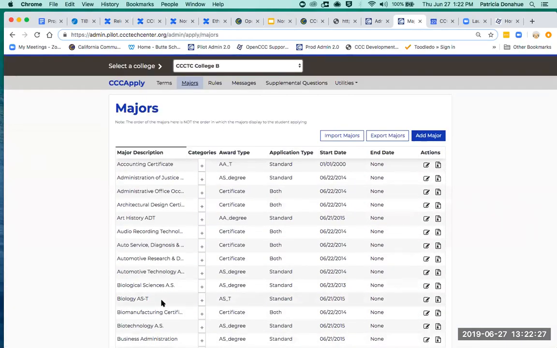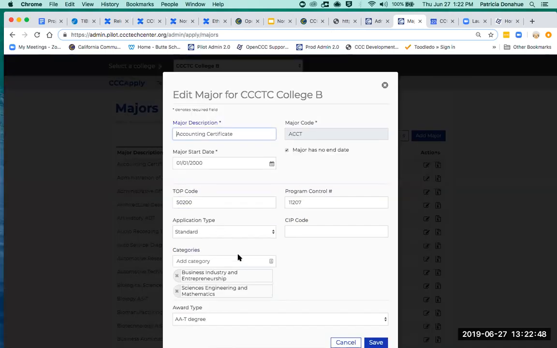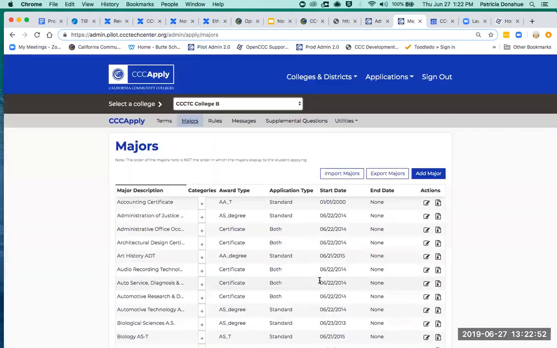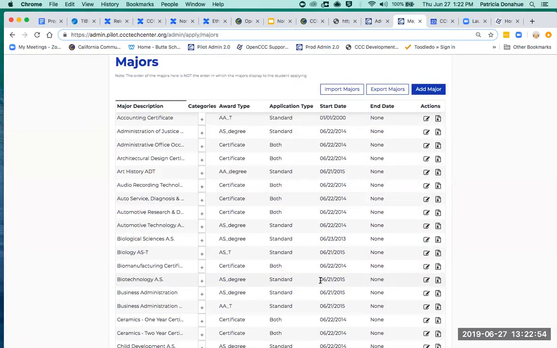like right now, if you went into the administrator and you click on majors, you're going to see all of your standard application majors. Are those the ones you want to display in your non-credit dropdown? If yes, you still have to come in and set each application type to both. If you don't, nothing will show up in the non-credit. If you take a look at them and say, some of these we want to show up for non-credit, but